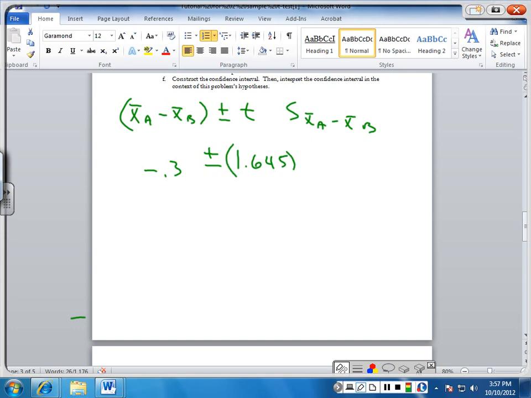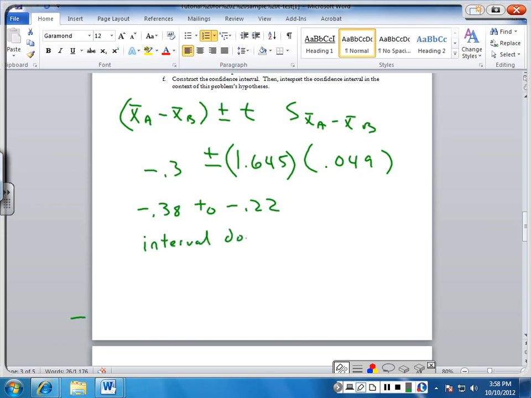Goes with 90% times the standard error of 0.049. When I calculated that earlier, I got minus 0.38 to minus 0.22. And that is an interval